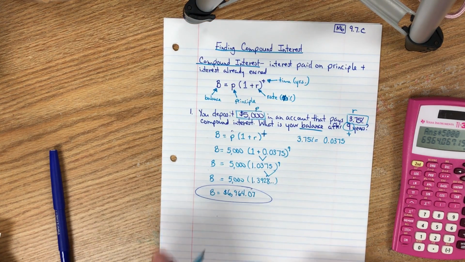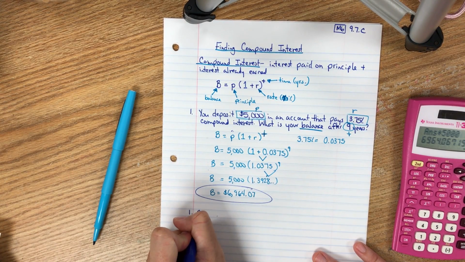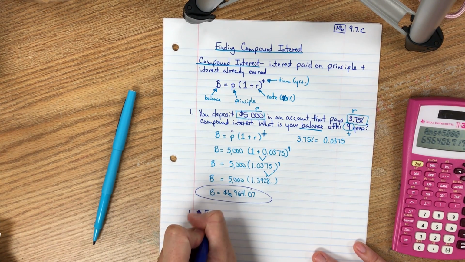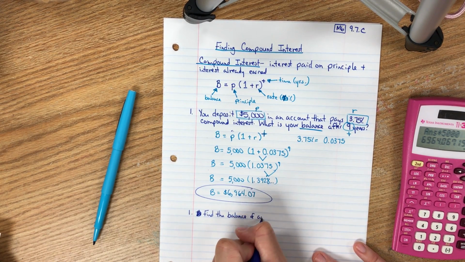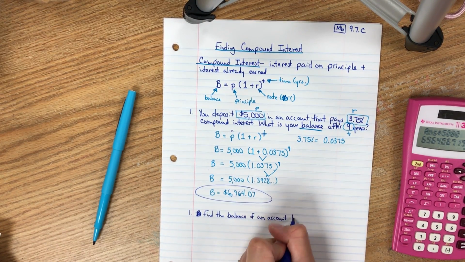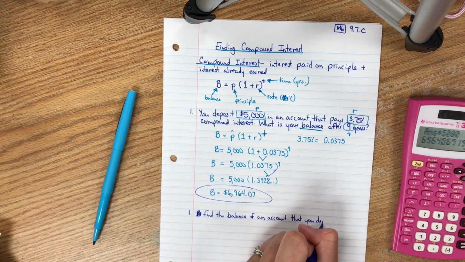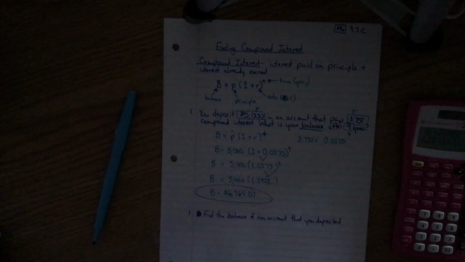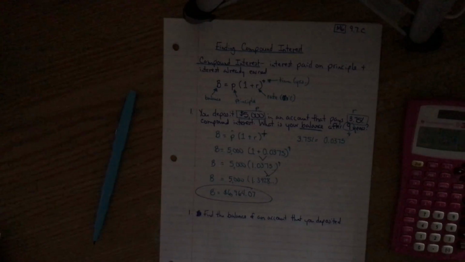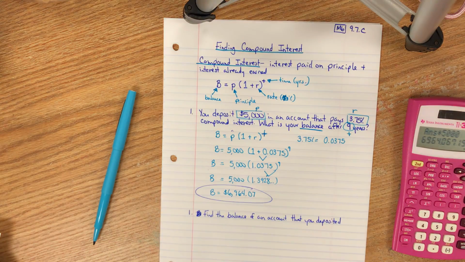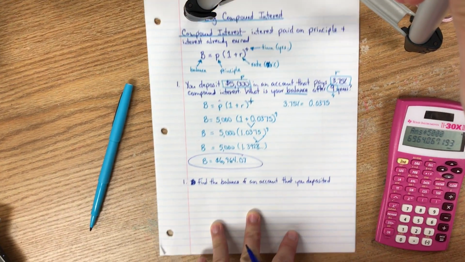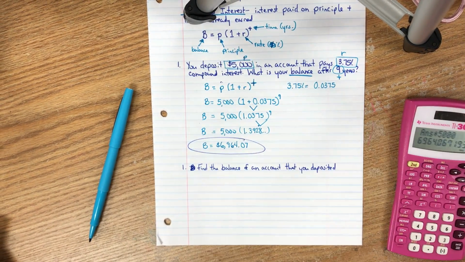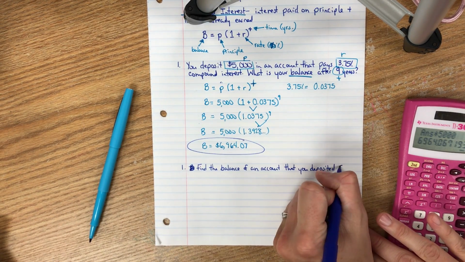Let's do one more together. Okay, so we're finding the balance of an account that you deposited $3,000 in